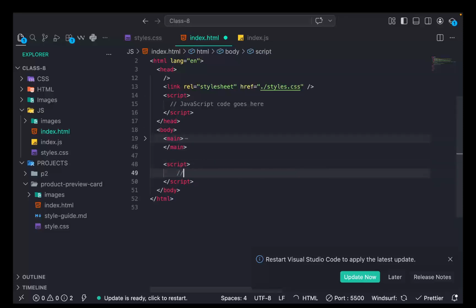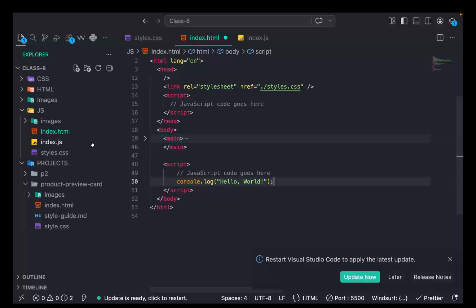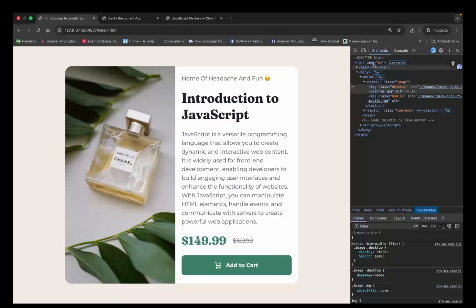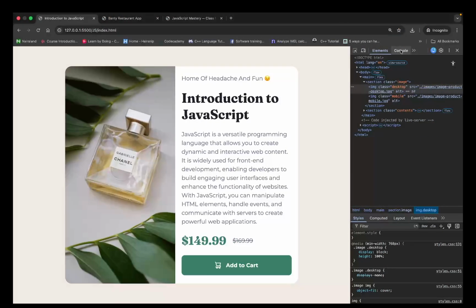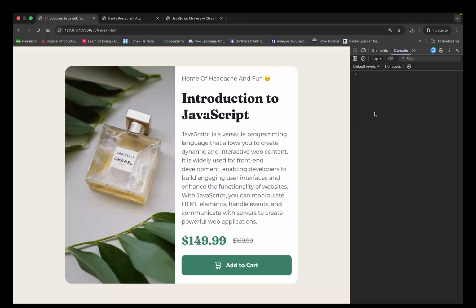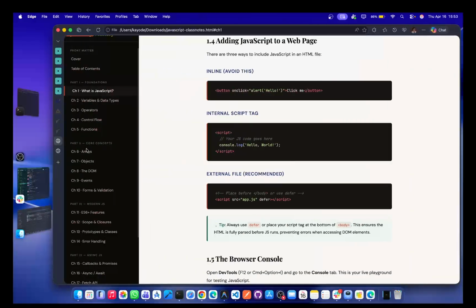And whatever you do there is all about JavaScript code. For example, we have something known as console, because we are going to be using this a lot. As you can see here, my AI has already brought it up. So this console is related to this browser console. So this console, it's what you can use to send messages to the browser console. And we're going to be using this place a lot for our JavaScript code for now until we get to